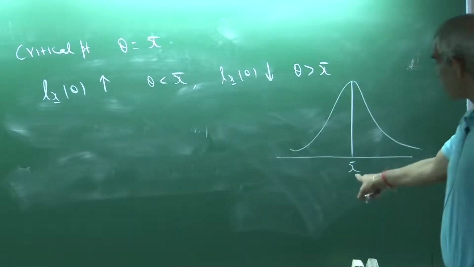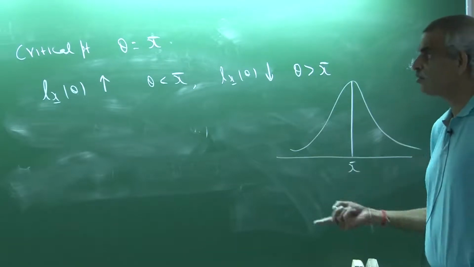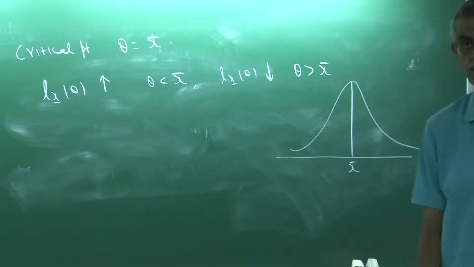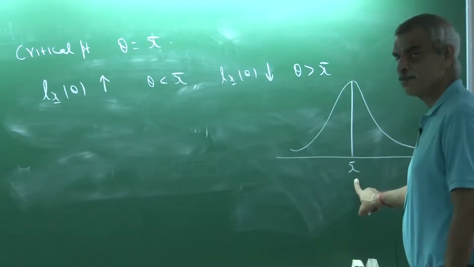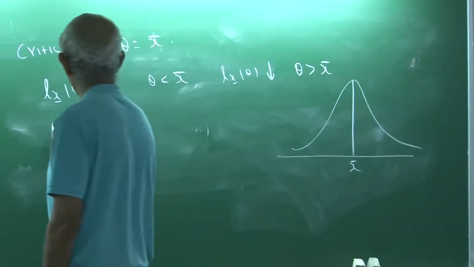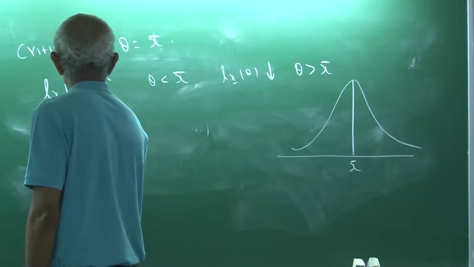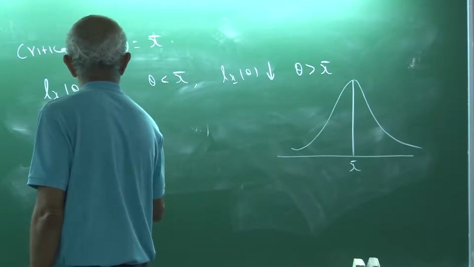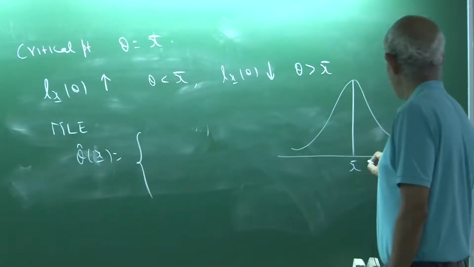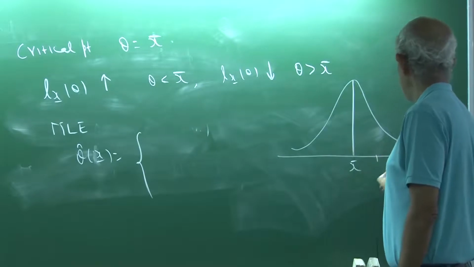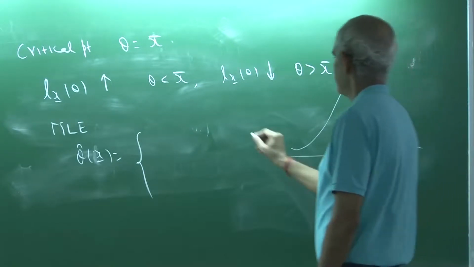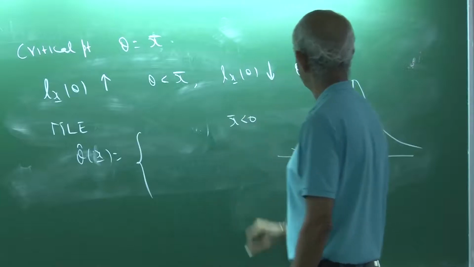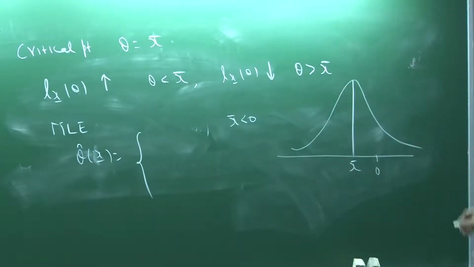So now x bar can take any value. It can be less than 0, greater than 0, because in the normal case xi can take negative values also. So I do not know where x bar is. So what would be the MLE? Depending on where it is located. Note that if x bar was less than 0, my parameter space is 0 to infinity, and in 0 to infinity I